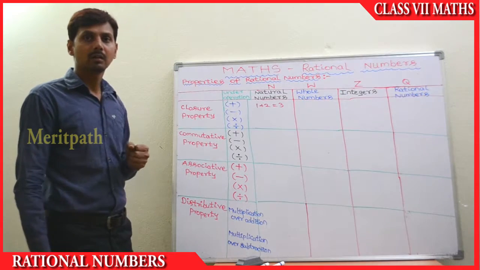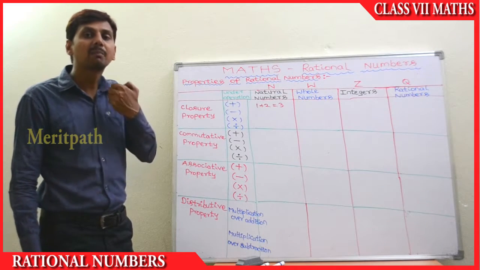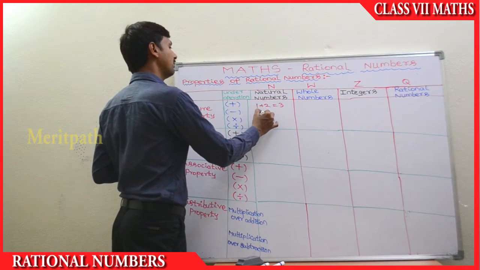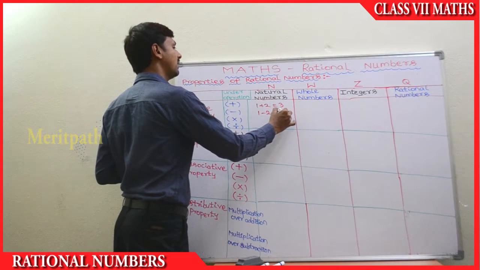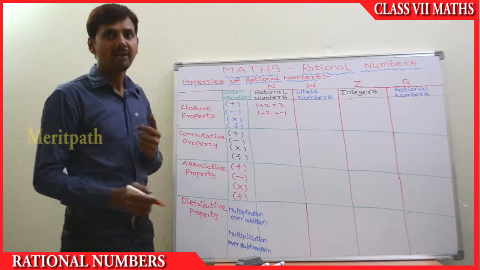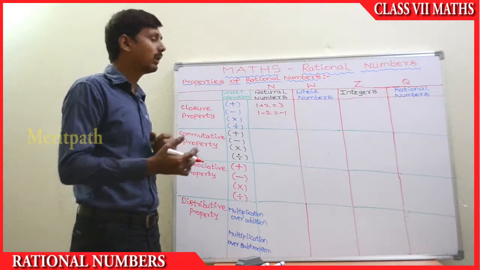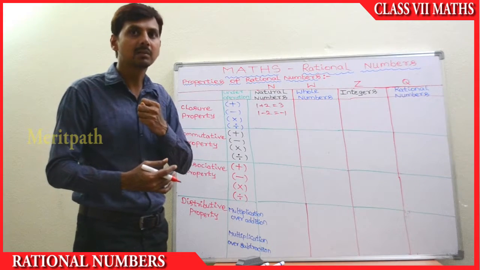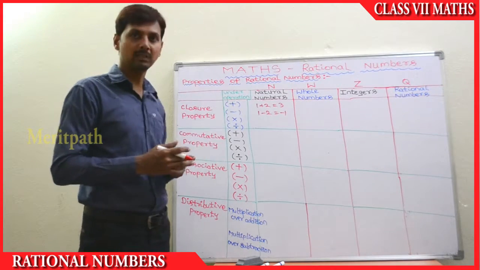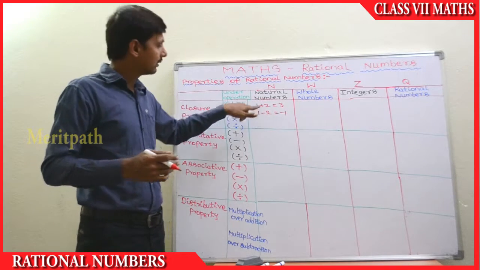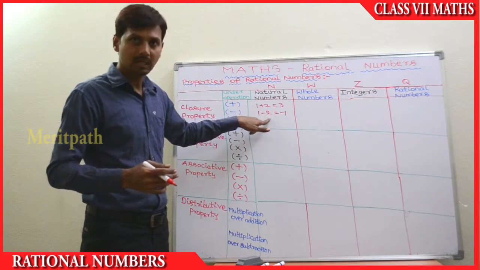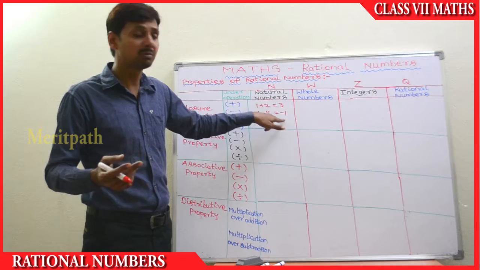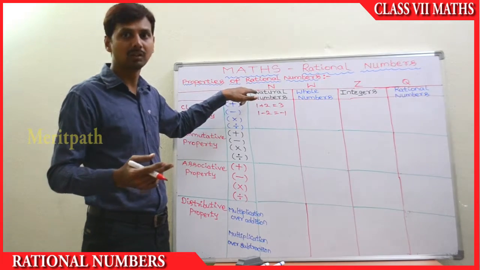Similarly, we will apply subtraction between two numbers. Let's see, 1 minus 2 is equal to minus 1. But if we take 2 minus 1, it is 1. In that case it is possible, but when we reverse the numbers, that is 1 minus 2, it's not possible. It's minus 1. The reason is 1 and 2 are natural numbers, we subtracted them, and we got an integer, not a natural number. So the closure property is not applicable on subtraction over natural numbers.